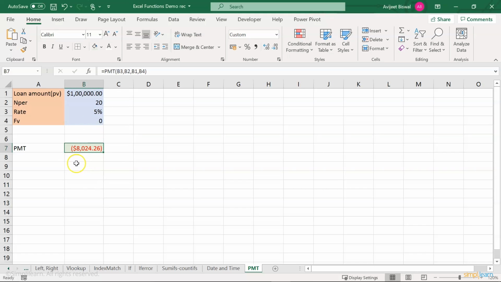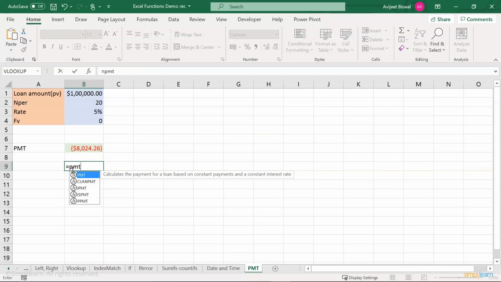Now if you want, you can also calculate for months. So I can write equal to PMT. Next, I'll give my rate, which is B3. Now this was interest rate per annum. Now since we want to calculate for months, I'll divide this by 12, comma.